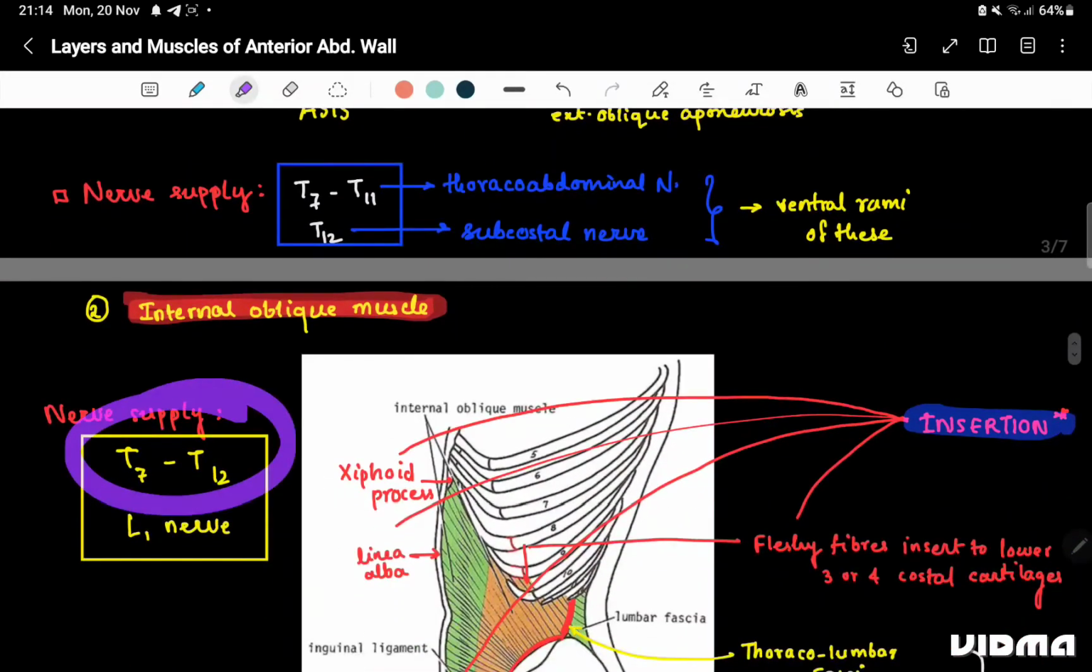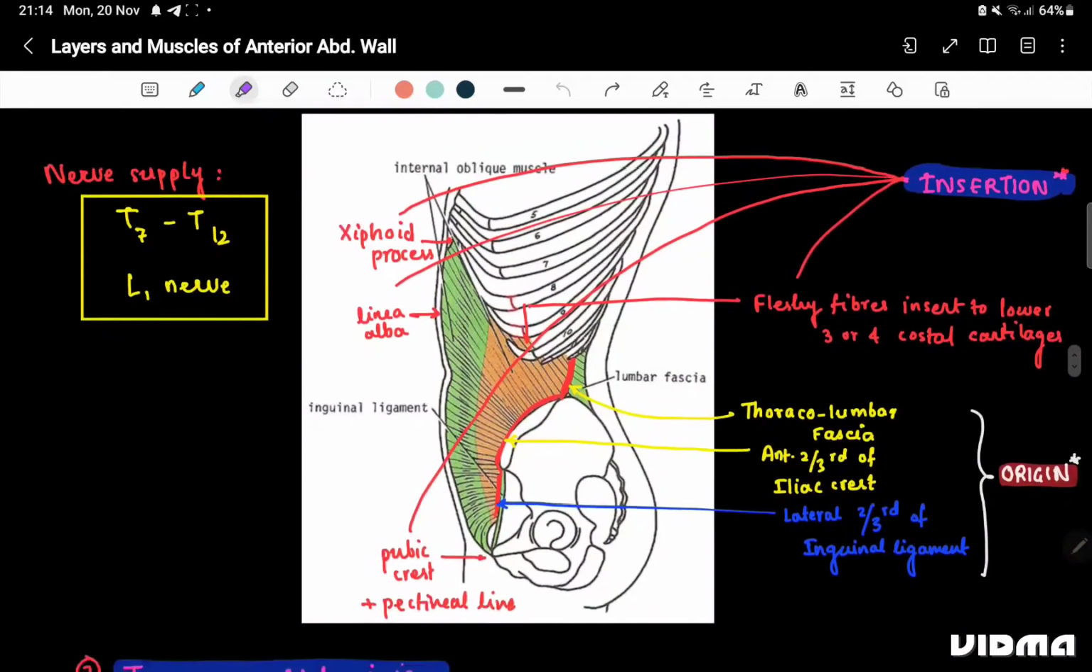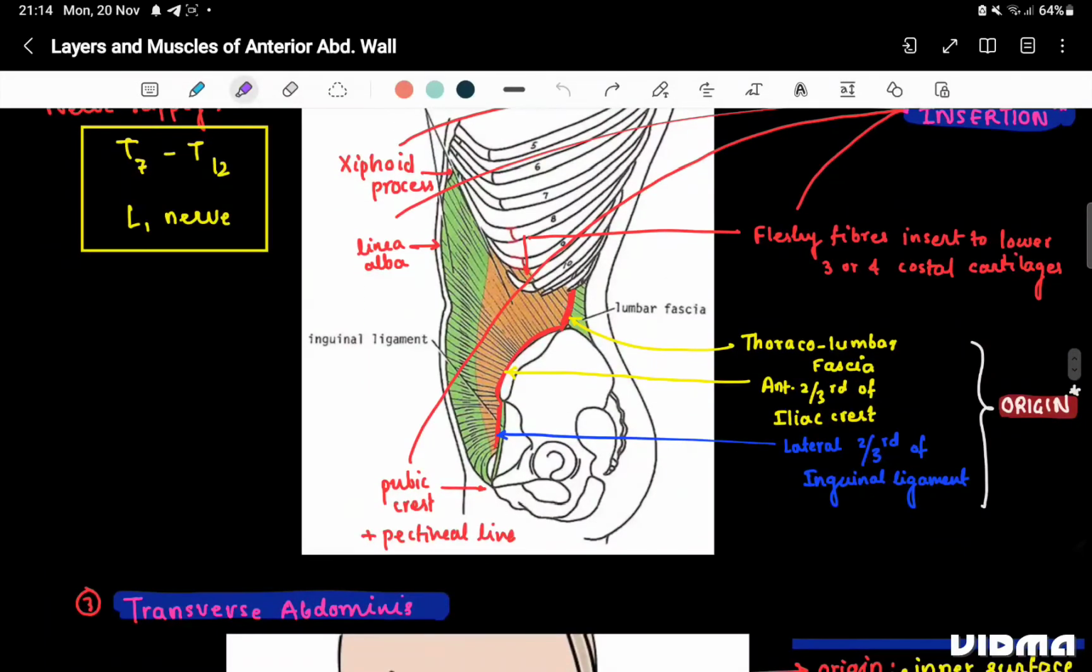Here it is T7 to T12 and L1 nerve, okay. Talking about this, what is the origin? It originates from below and moves up, okay. The origin is from your thoracolumbar fascia. This is the thoracolumbar fascia, okay, and the anterior 2/3 of the iliac crest,